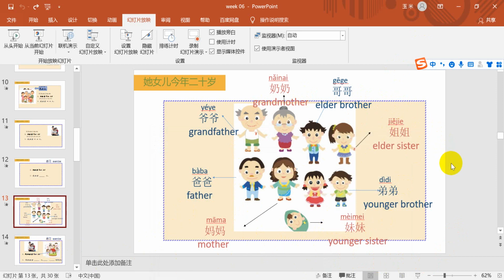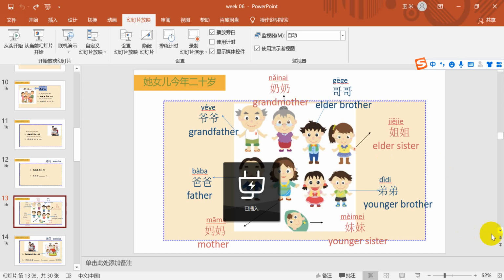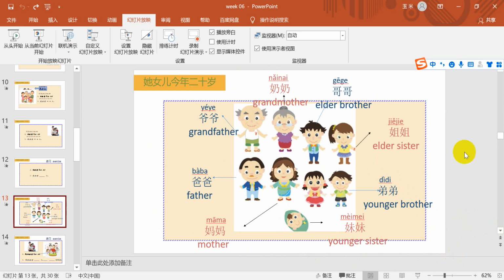Yes, now you can have a try. 那你家有几口人？我家有5口人。And then, who are they? 爸爸和妈妈。